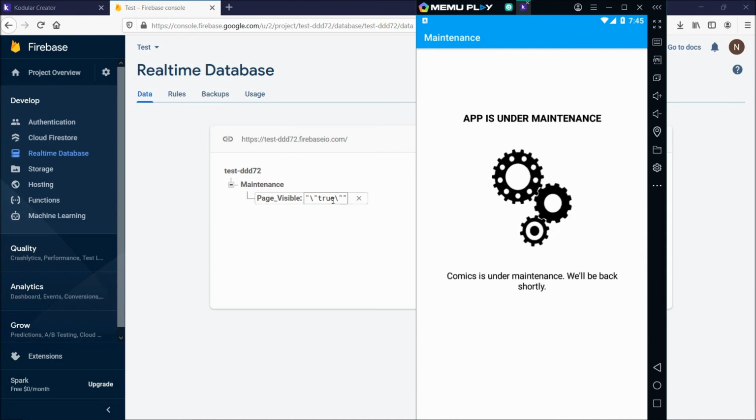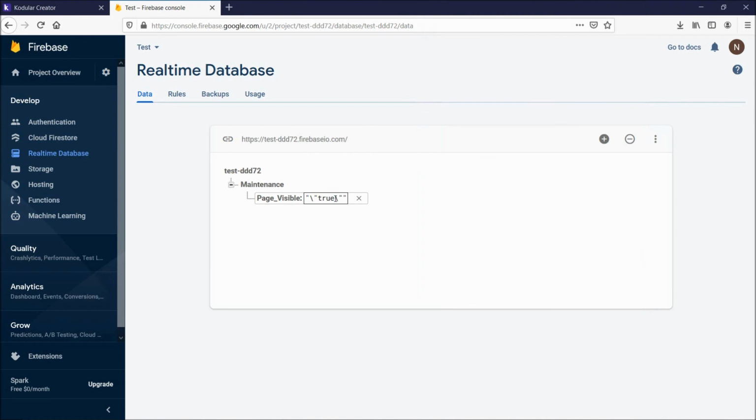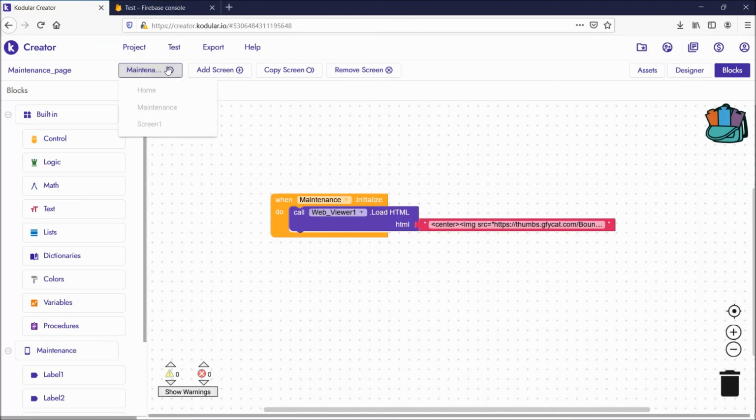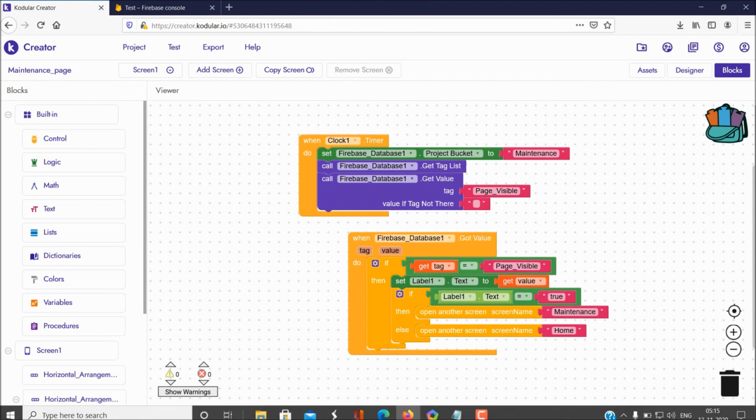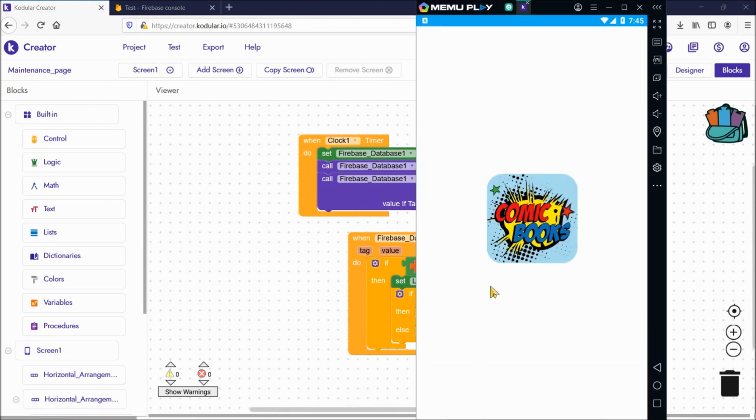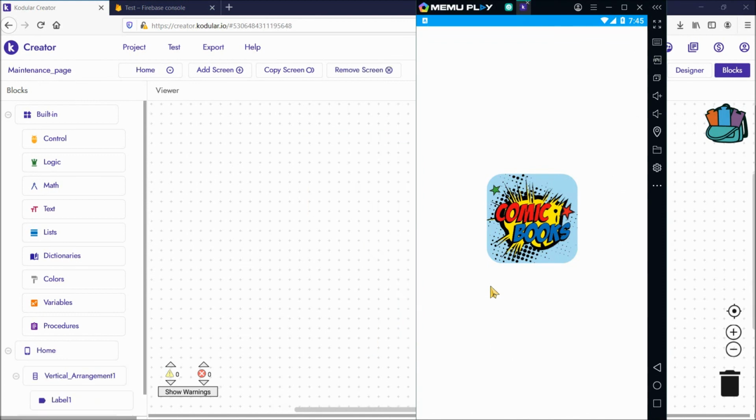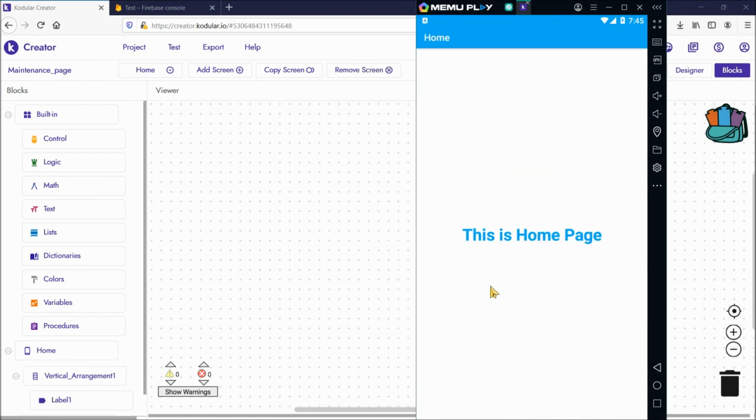So let's keep this value as false and try it once again. I kept the maintenance page as false. Let's go to screen 1. I've enabled screen 1, guys. Now it should open the home page. See, the home page is open.